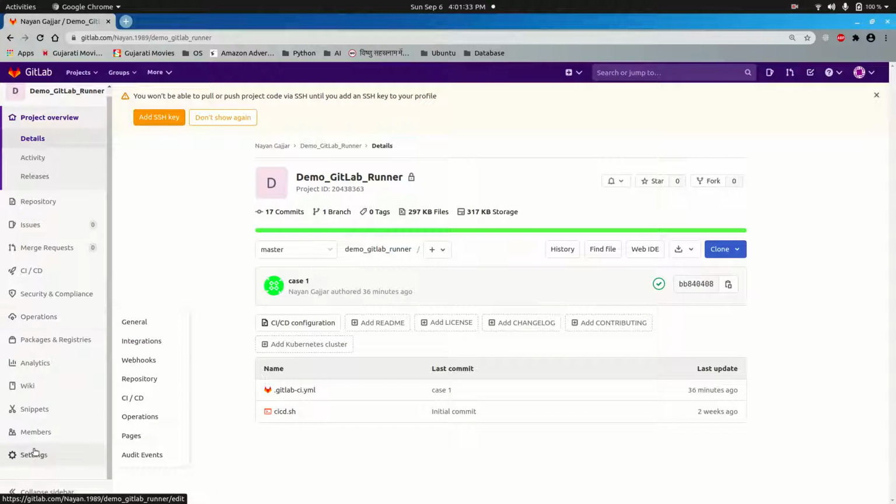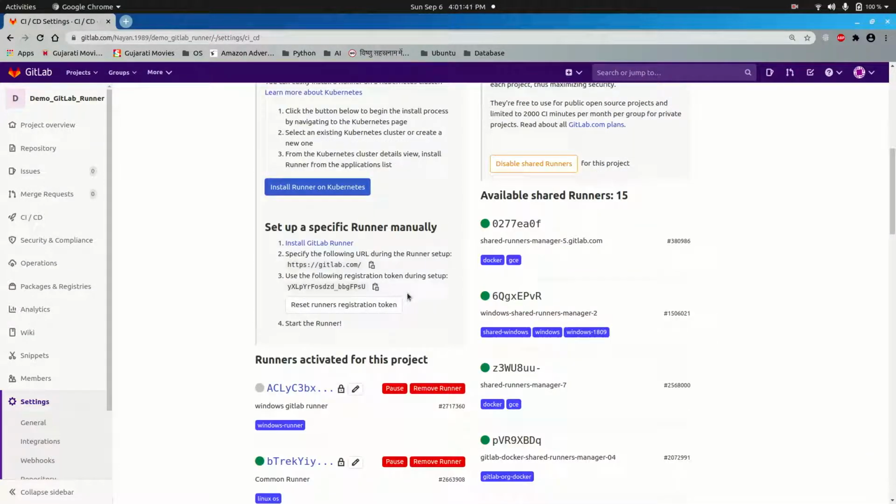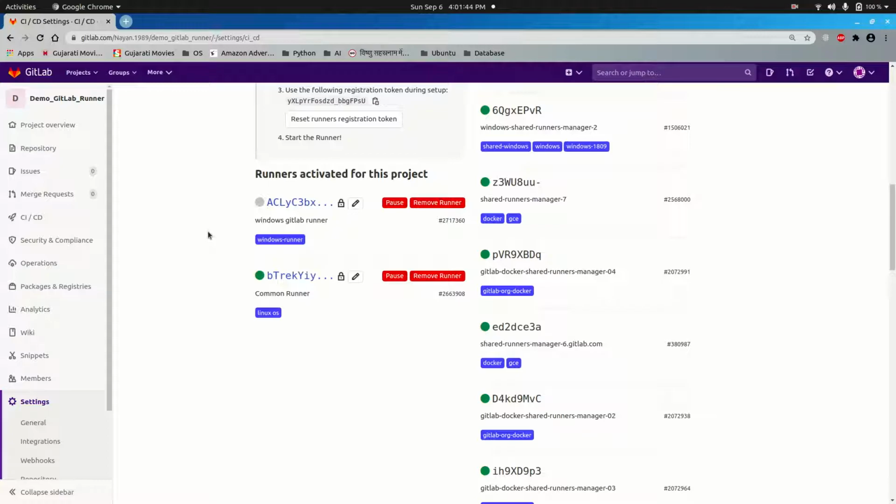Over here, I will go to settings, CI/CD. Now I will expand this runners section. Over here, I have two GitLab runners. First GitLab runner has been installed and registered on Windows operating system, and that Windows OS has been installed on virtual machine. Second GitLab runner has been installed and registered on Linux operating system, and again that Linux operating system